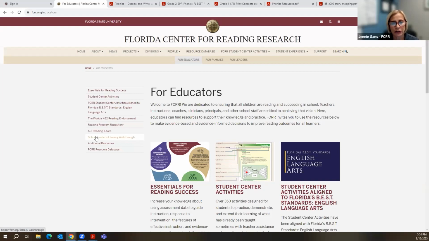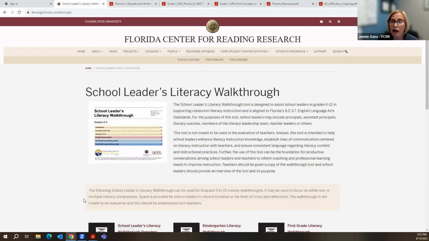The School Leaders Literacy Walkthrough tool, this is also a tool that is aligned to the Florida Best Standards. There is a version also in our additional resources that is not aligned to the Florida standards. That's through the REL, the Research Education Laboratory Southeast. This tool was designed after that tool.